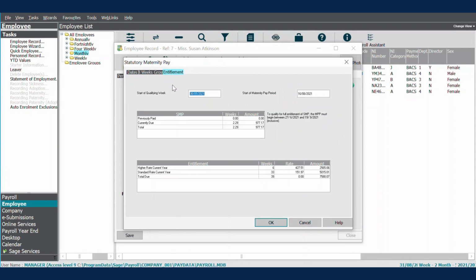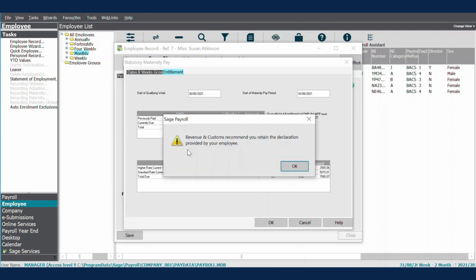Now this is quite useful to refer back to because this top section here will show you, as we process maternity pay through the following weeks and months, how much has been paid or is currently due to our employee. And then down here, again, we've got that full entitlement that was seen on the quick entitlement screen. And that's going to show us then, as we process through, if our employee takes the full 39 weeks off, then this will total up to the 39 weeks, and this total here should end up being the same total as the one